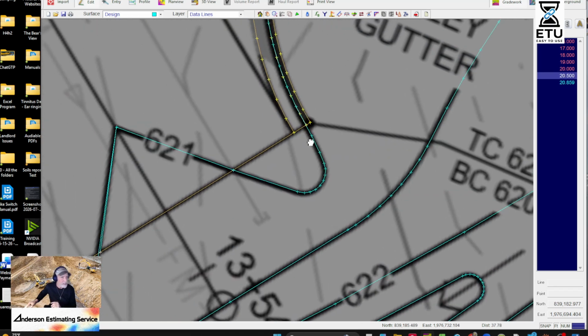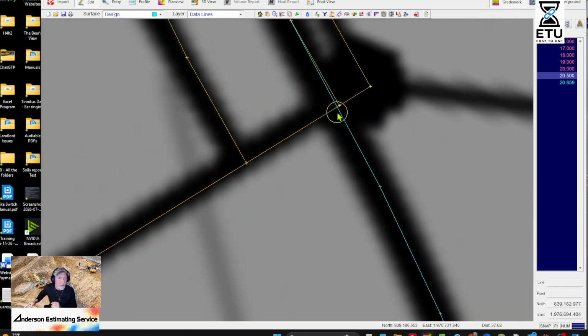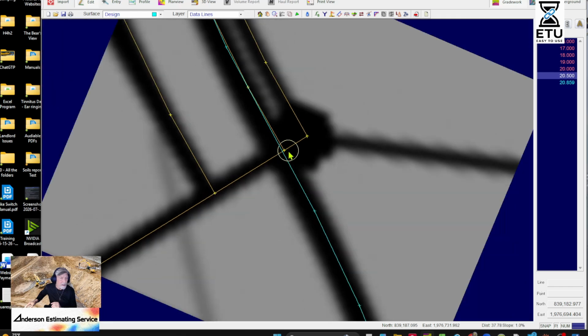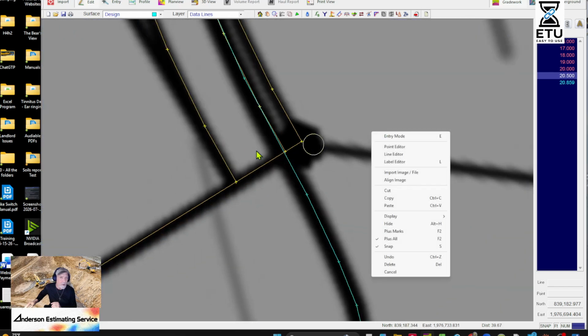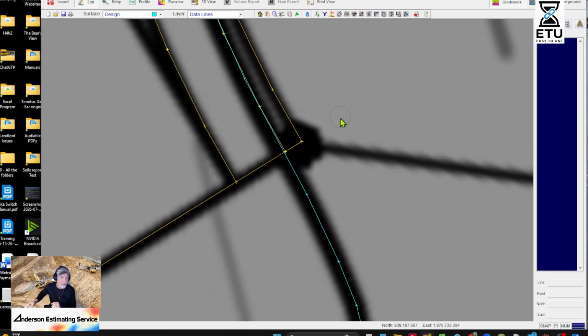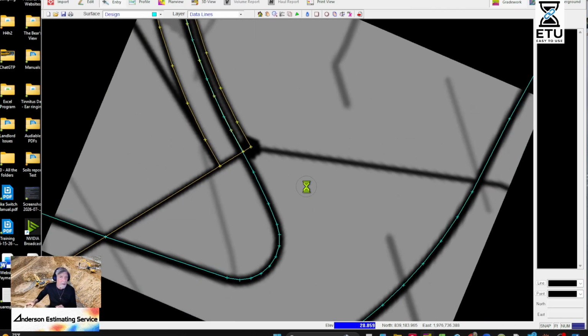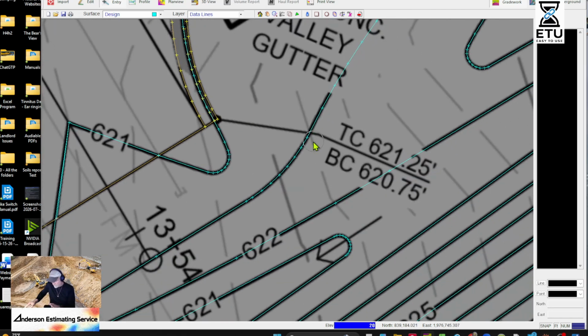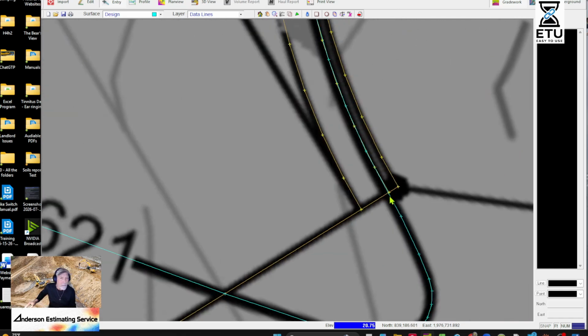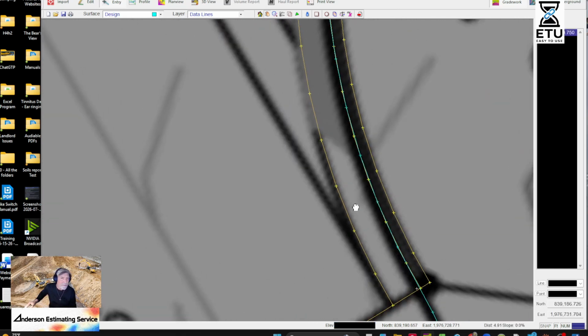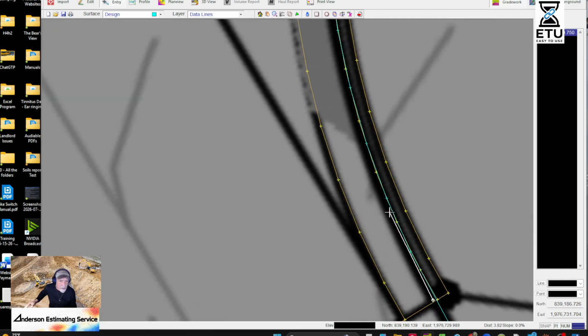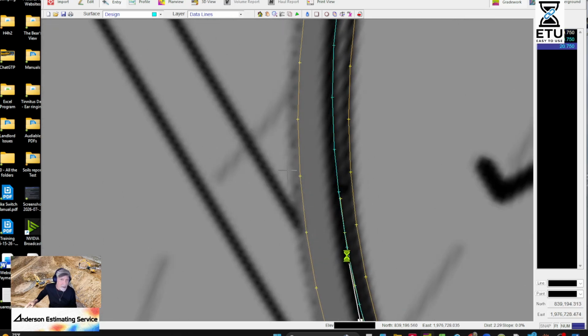But anyway, see how this 21 is on this side of the curve? This is actually 20.7 right there. So it's really simple. You can either go a little bit on this side. That's what I do sometimes if they're that close. Let's get in entry mode. You can push E too. And then 20.75. I might just go a little on this side. It's kind of a pain, but sometimes it's just easier.